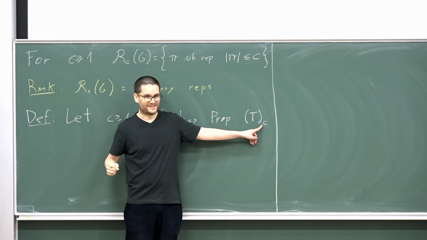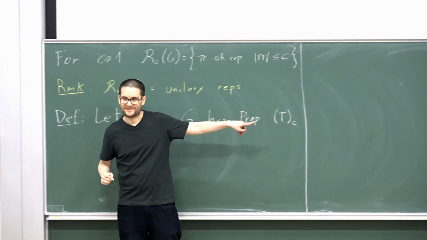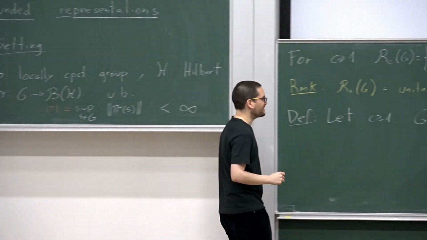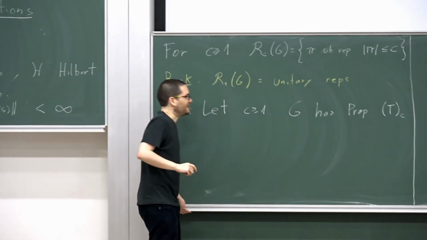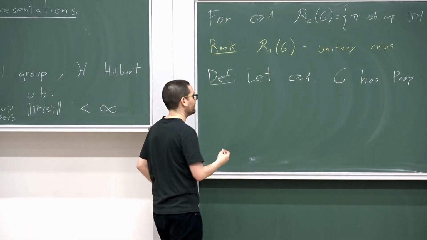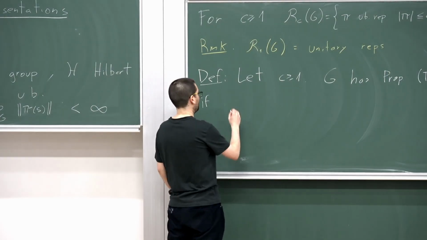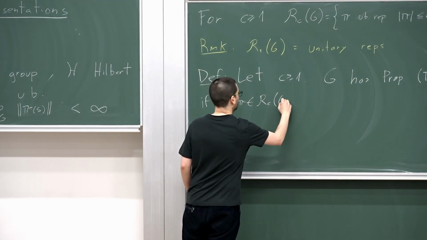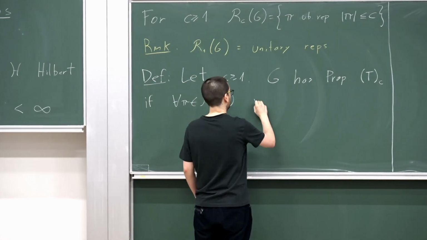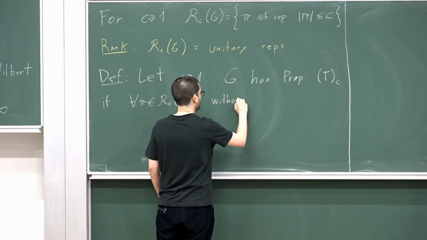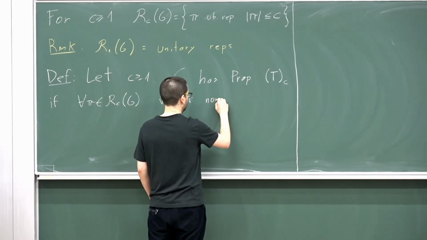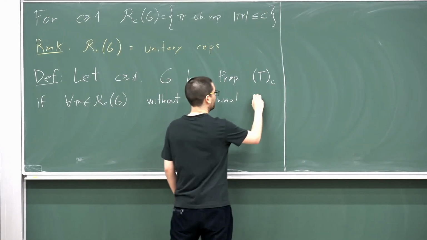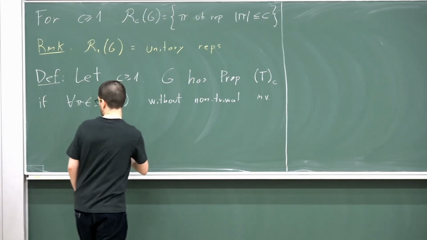I'm putting the C outside of the parentheses so my notation is not conflicting with yours. So G has property T_C if we have this spectral gap condition: if for every representation in this class without non-trivial invariant vectors,